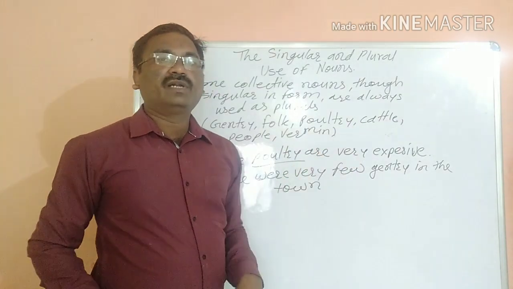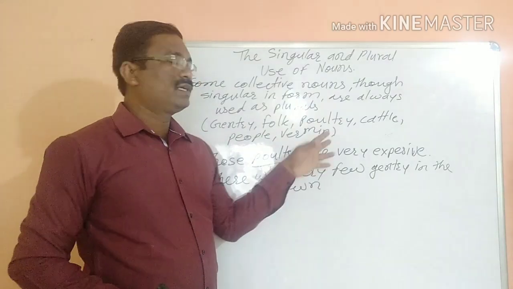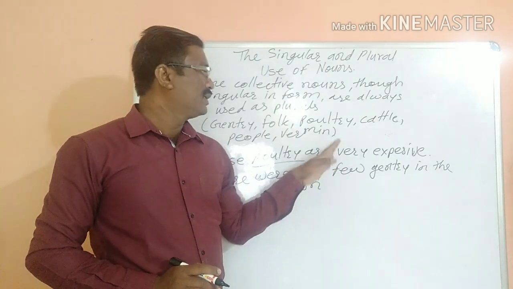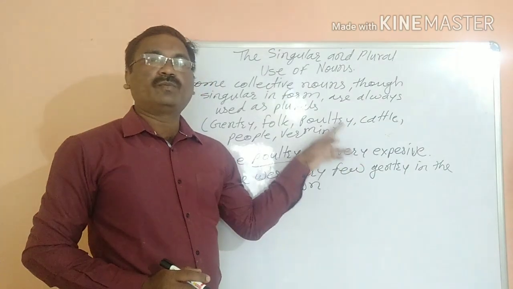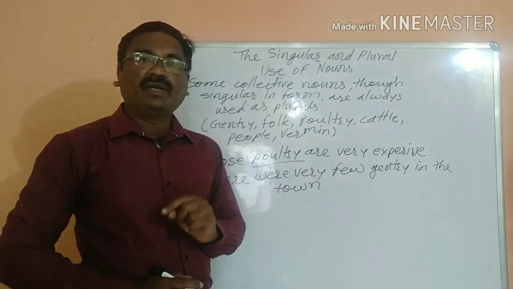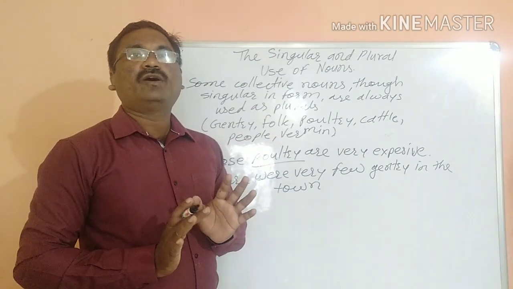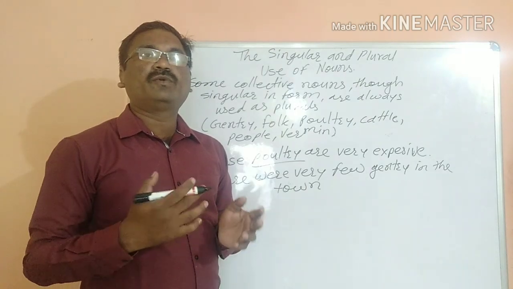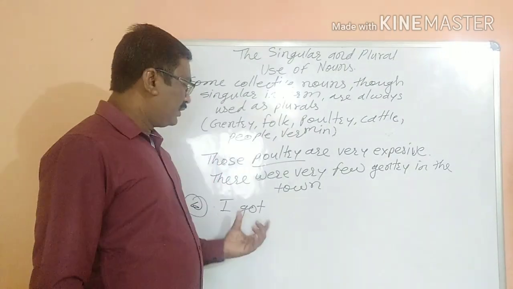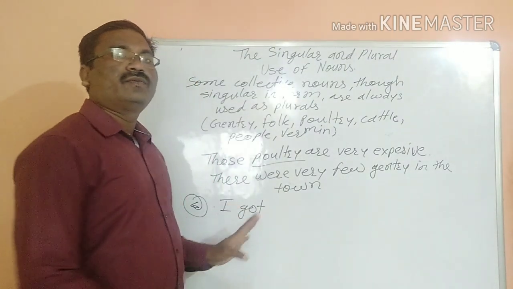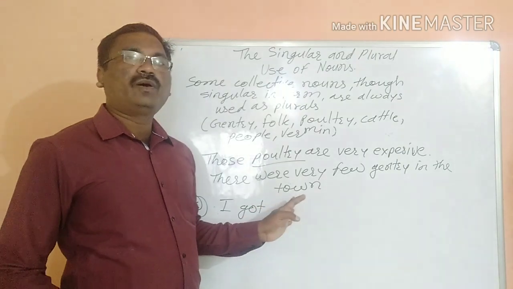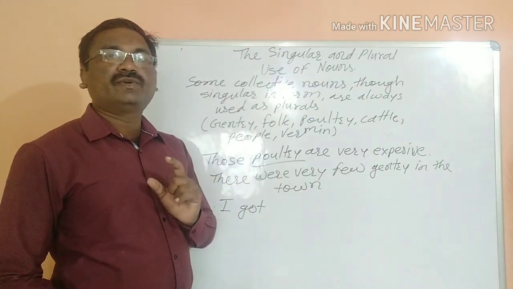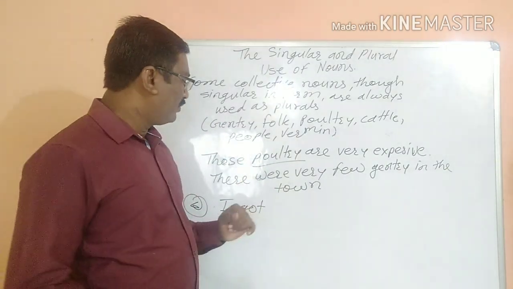And some nouns are there. Here we have studied all nouns. We have learnt the nouns which will take singular or plural. You should not make a plural form of an adjective. Are you getting? I told you, dear students, we can make plural or singular forms of nouns. Adjectives will not take a plural form.